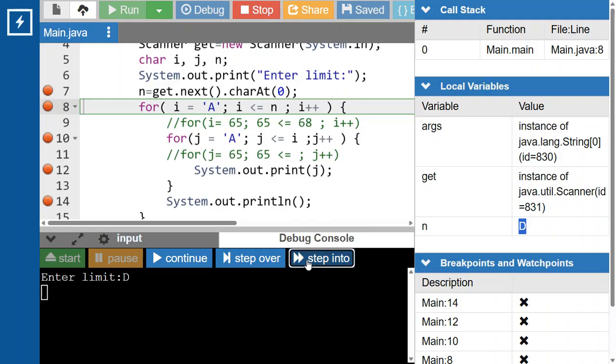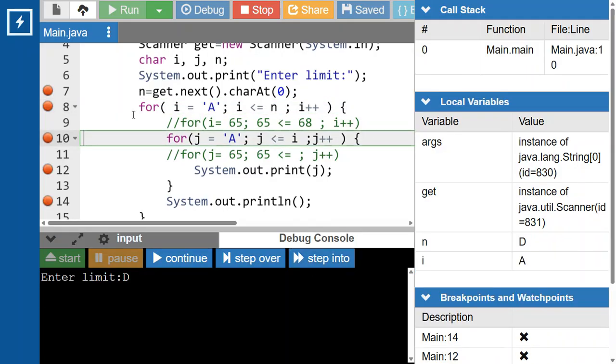A less than or equal to D. Yes, condition is true. So obviously 4 lines, or 4 times this I loop is going to print. Okay. So first line, we are in the first line, I equal to A. So as usual, the inner for loop starts from the beginning, j equal to A, j less than or equal to